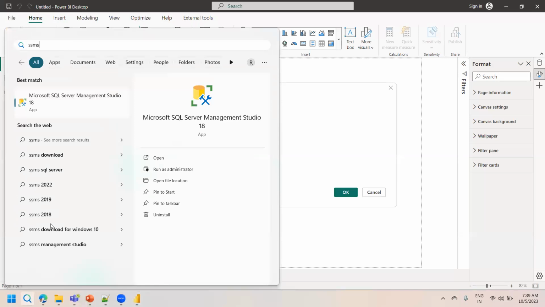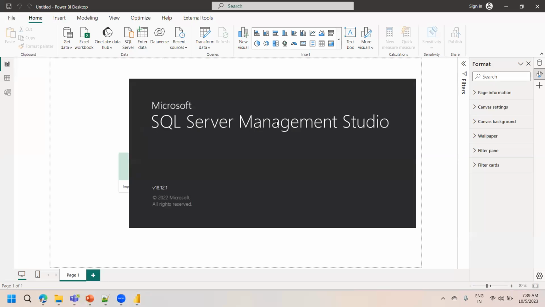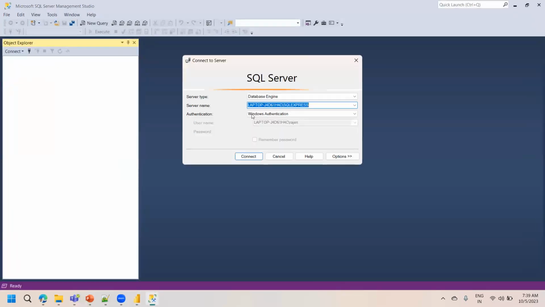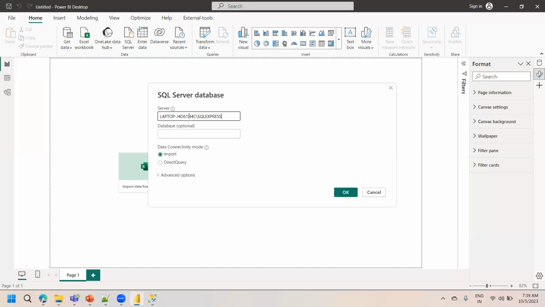Let me open the server details. I'm opening my backend database, SSMS. This is my server name. Just copy and paste it. I have copied and pasted the server name. Database is optional, and the data connectivity mode by default is